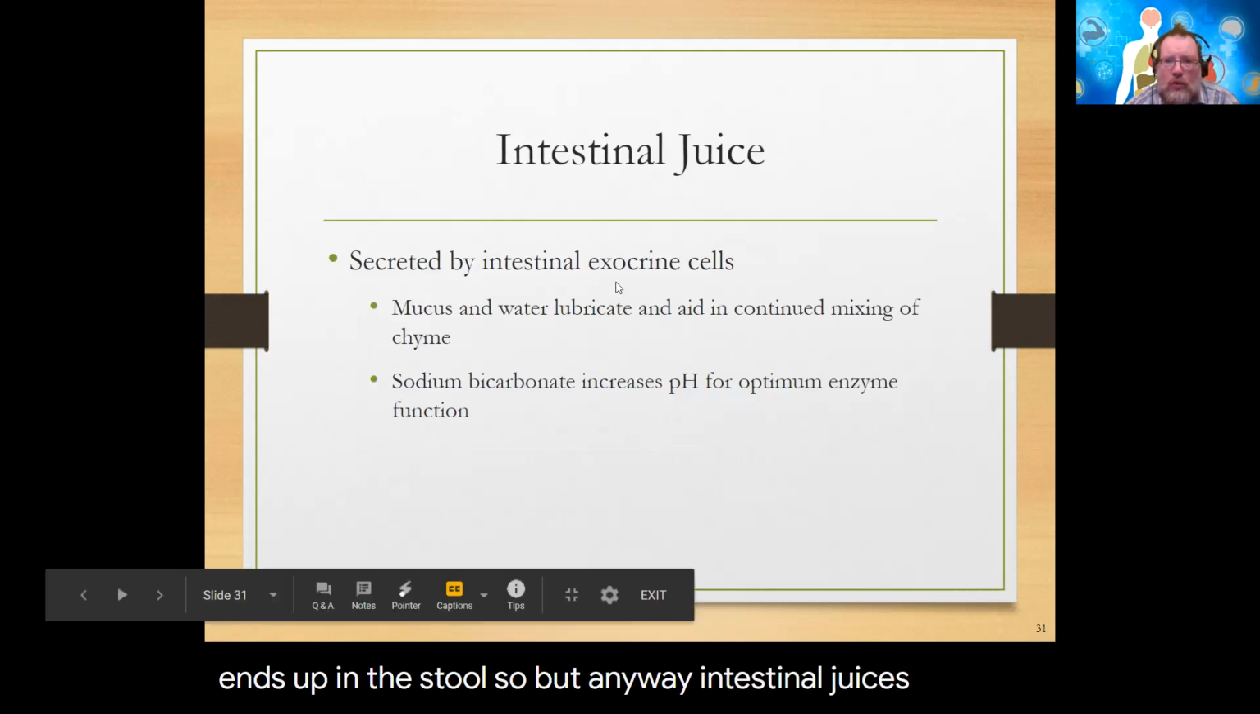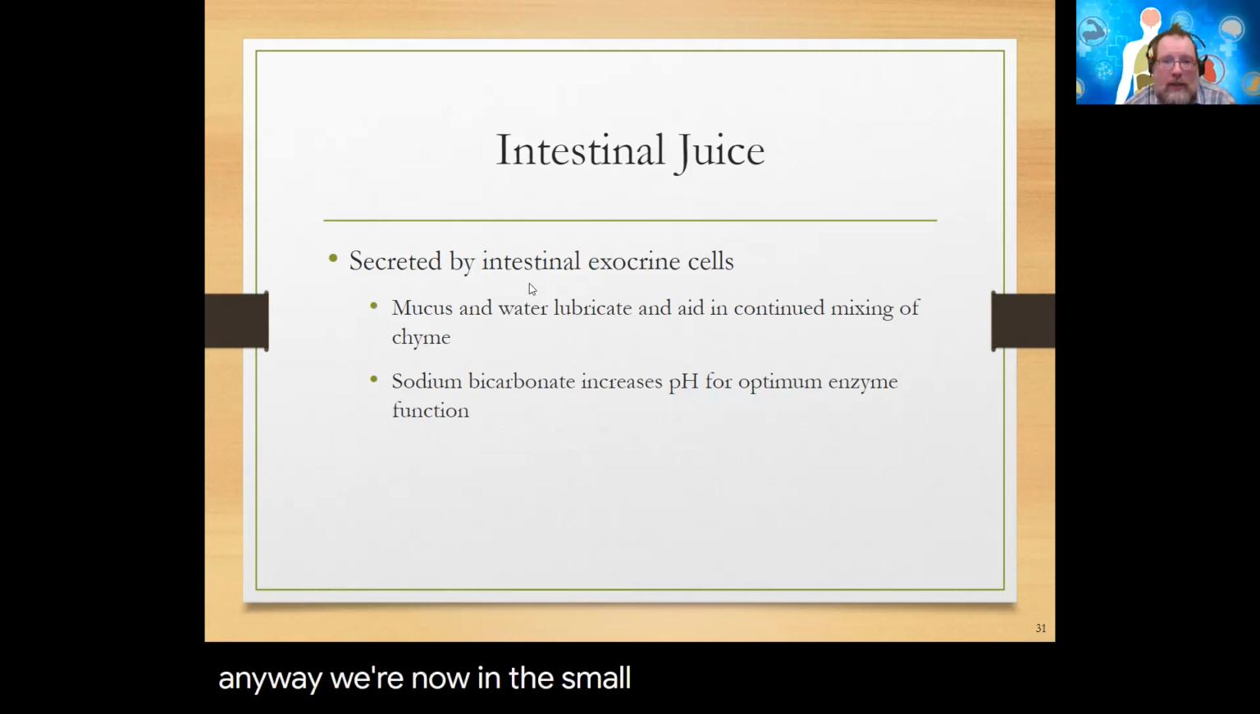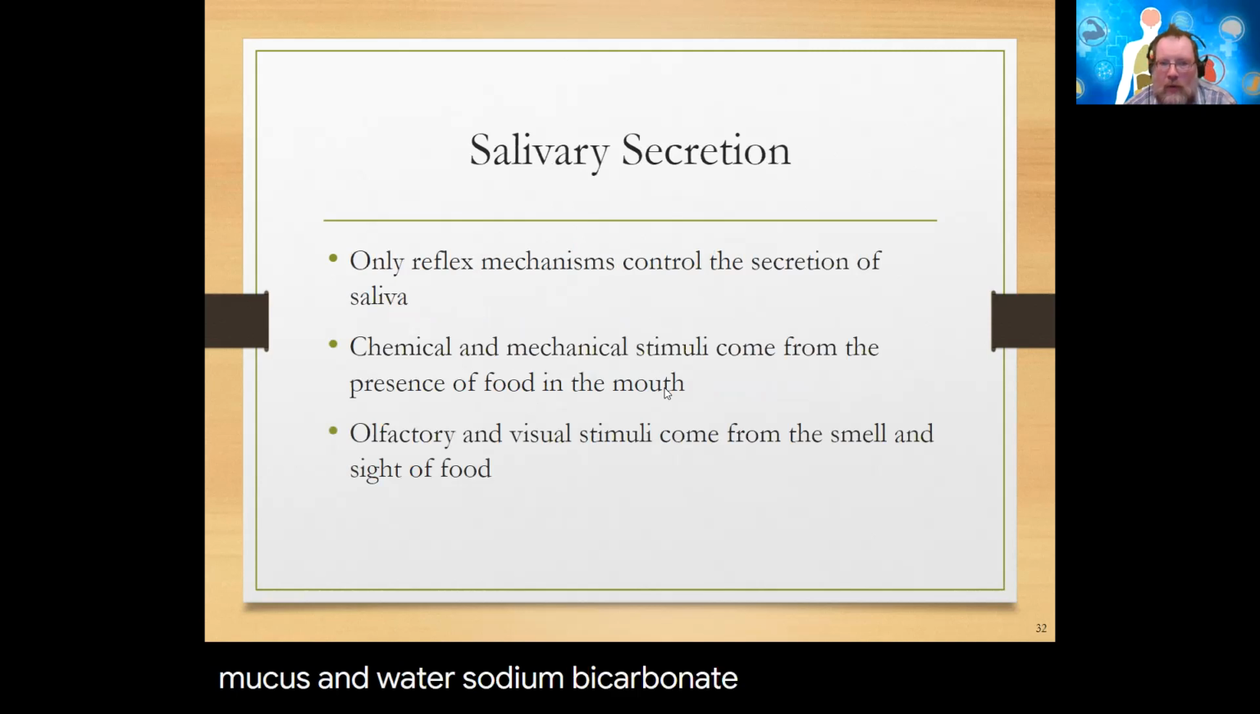Intestinal juice. So anyway, we're now in the small intestine. Again, we're going to see some of these brush border enzymes, but we see mucus and water, sodium bicarbonate, of course,